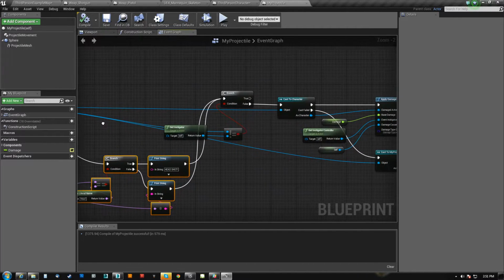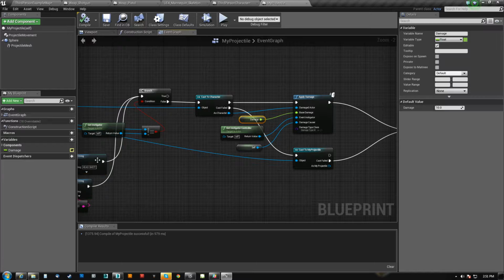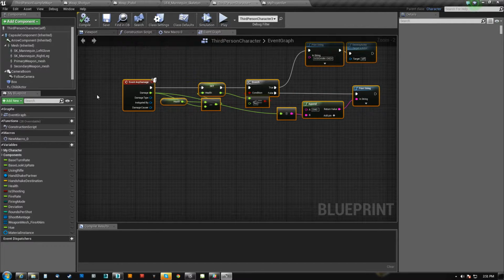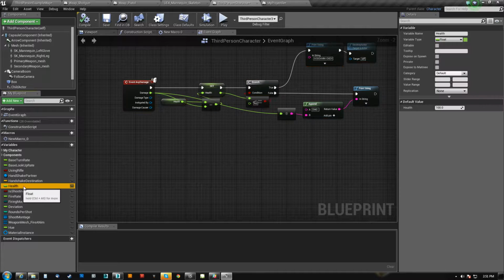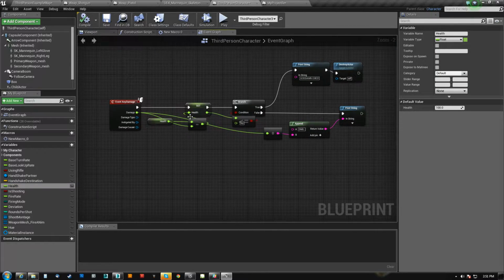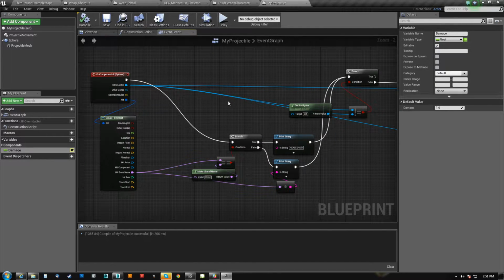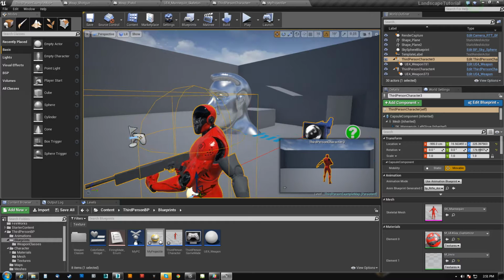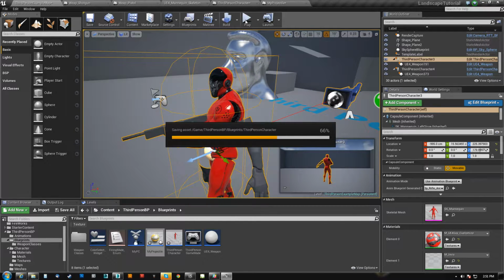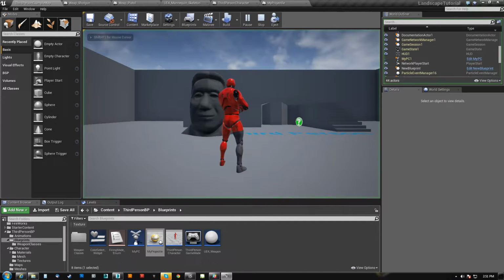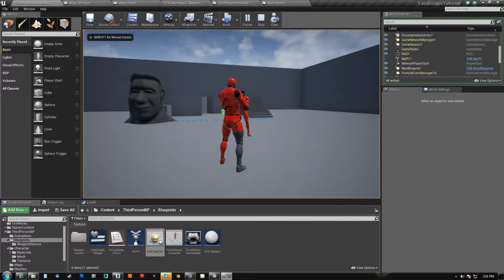And the other thing that we want to do is we're actually going to just lower the damage to 1 right now, and then we're going to take a look at our third person character, and let's just see how much health we actually gave him. So we gave him 100, so we're going to be able to pepper him for a long time before he dies right now, and we want to be able to do that because we don't want him dying and then having to restart, dying and restarting. It's just a quick way for us to make it a little bit faster to test. So we'll come here and I'll shoot him,